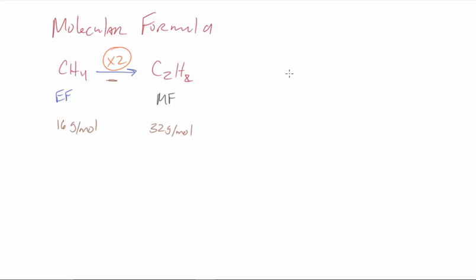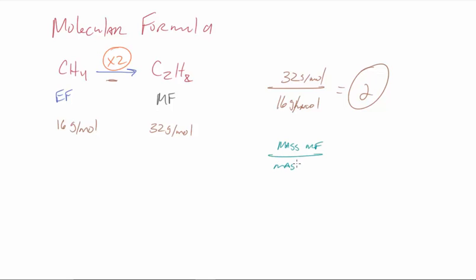All right? So what we can do is we can figure out the multiplier. We can do it two ways. Number one, the most common way, let's start with that one, is we'll take the mass that we know, divide it by the mass of the empirical formula, and that gives us our multiplier, right? And then I would know, hey, I figured out the empirical formula because I can do that mathematically. My multiplier is times 2, so I would just multiply all the subscripts by 2. That would be my molecular formula, all right? And so don't get crazy with that, ladies and gentlemen, because really it's just the mass of the molecular formula divided by the mass of the empirical formula, and that equals